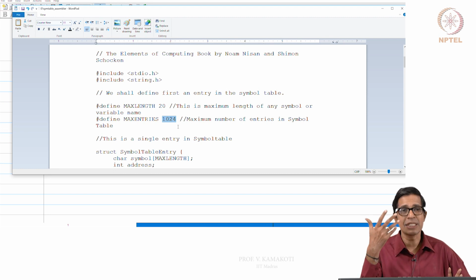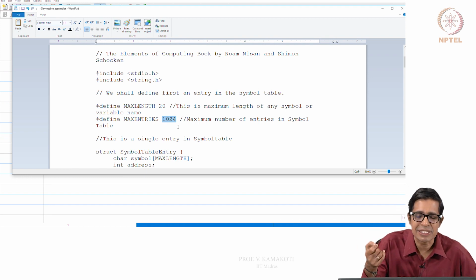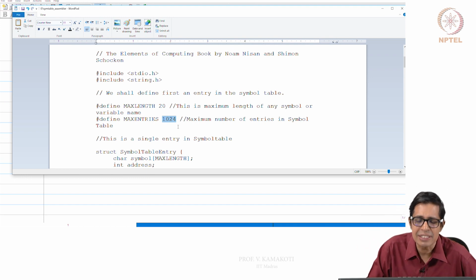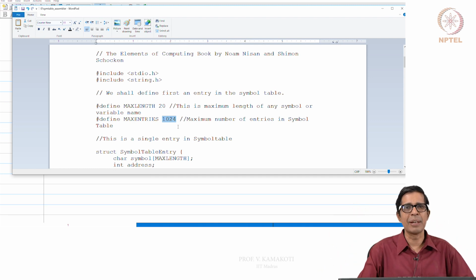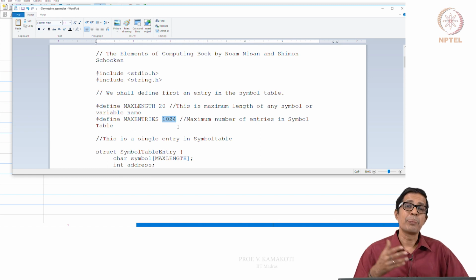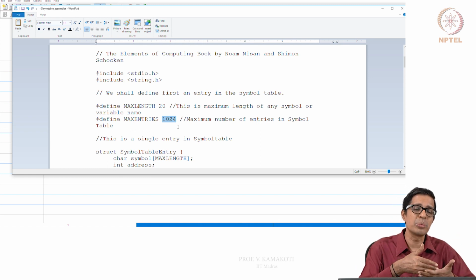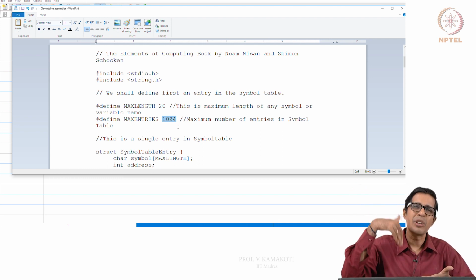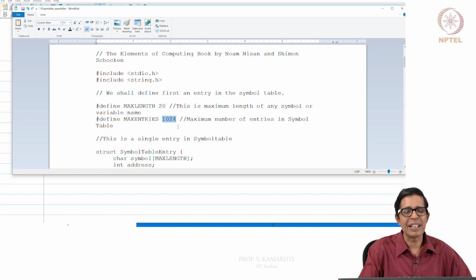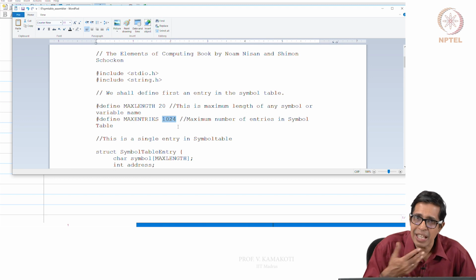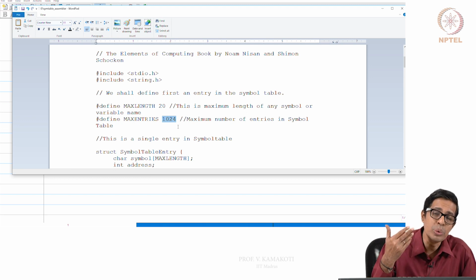So when you develop these system software, at a lot of places you actually make these types of assumptions, saying, okay, this is the maximum length of the characters, this is the maximum number of entries I could have in the symbol table, etc. Now who should know this? The person in the software stack who is going to use the assembler, the interpreter of your virtual machine that we are going to see in the next module. That is the person who is going to use this particular assembler. And who is going to generate this assembly code? The interpreter is going to generate the assembly code.